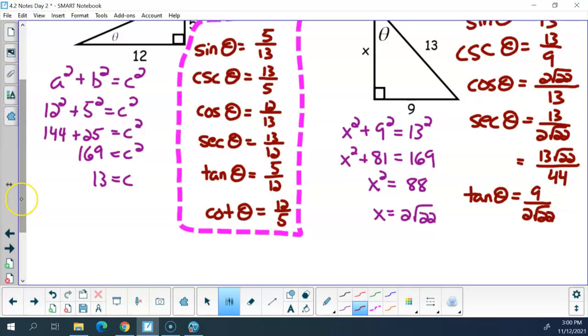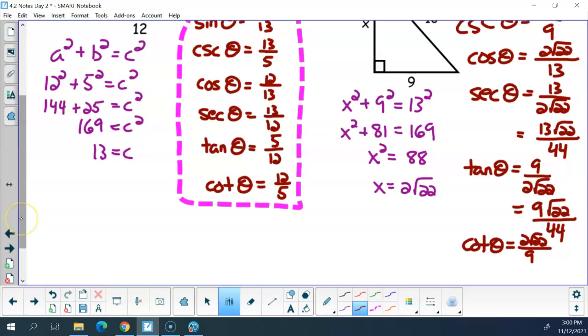Which would be 9 square roots of 22 all over 44. And then the cotangent would be 2 square roots of 22 all over 9. Okay? I gotta go get the